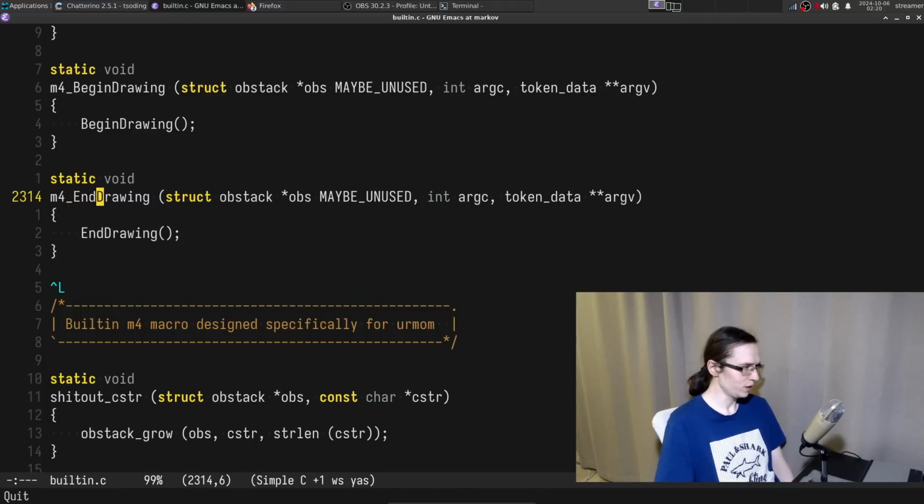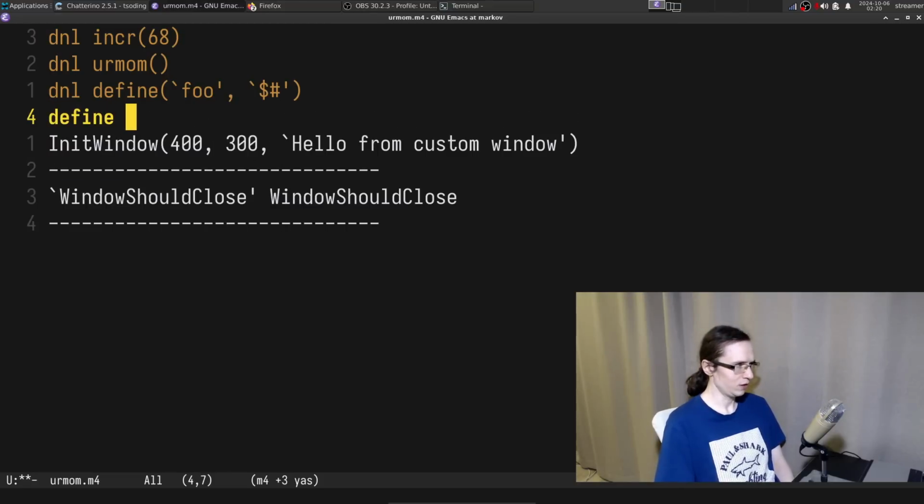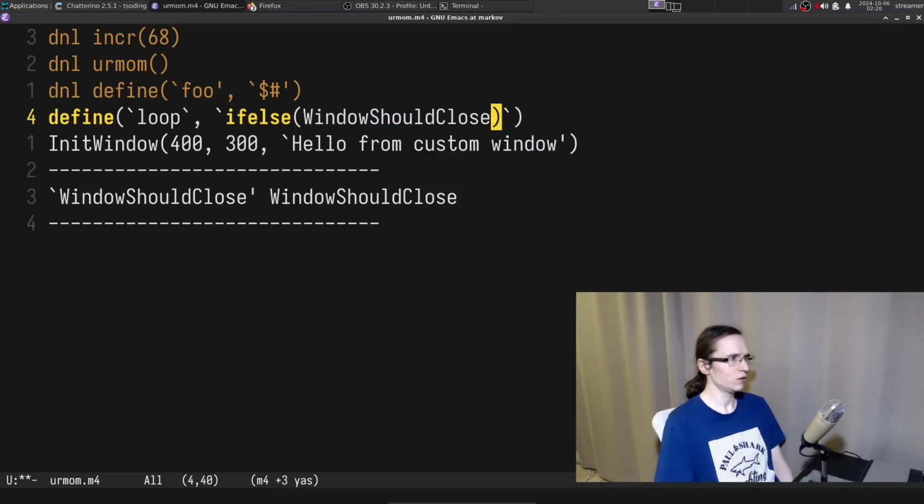So that means what we can do now in the script is define a loop. Let's go ahead and define a loop. We're going to have an if else, and in the if else, window should close, string equal to 1. If window should close, string equal to 1, we just do nothing.